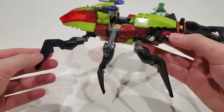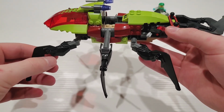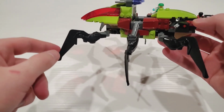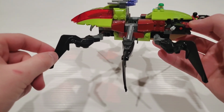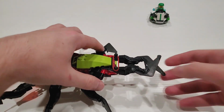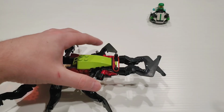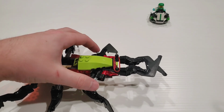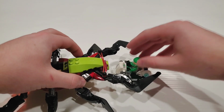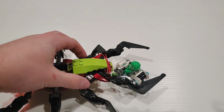Finally, we have the Crater Creeper itself. It's not a complex build, but it does its job very well. I like the use of the Hero Factory pieces here to make up the legs and the jaws. The one main feature of this set is the jaws being able to open and close, which if you pull that back, the rubber band will have it lock in place, so you can attack the Galaxy Squad member, as